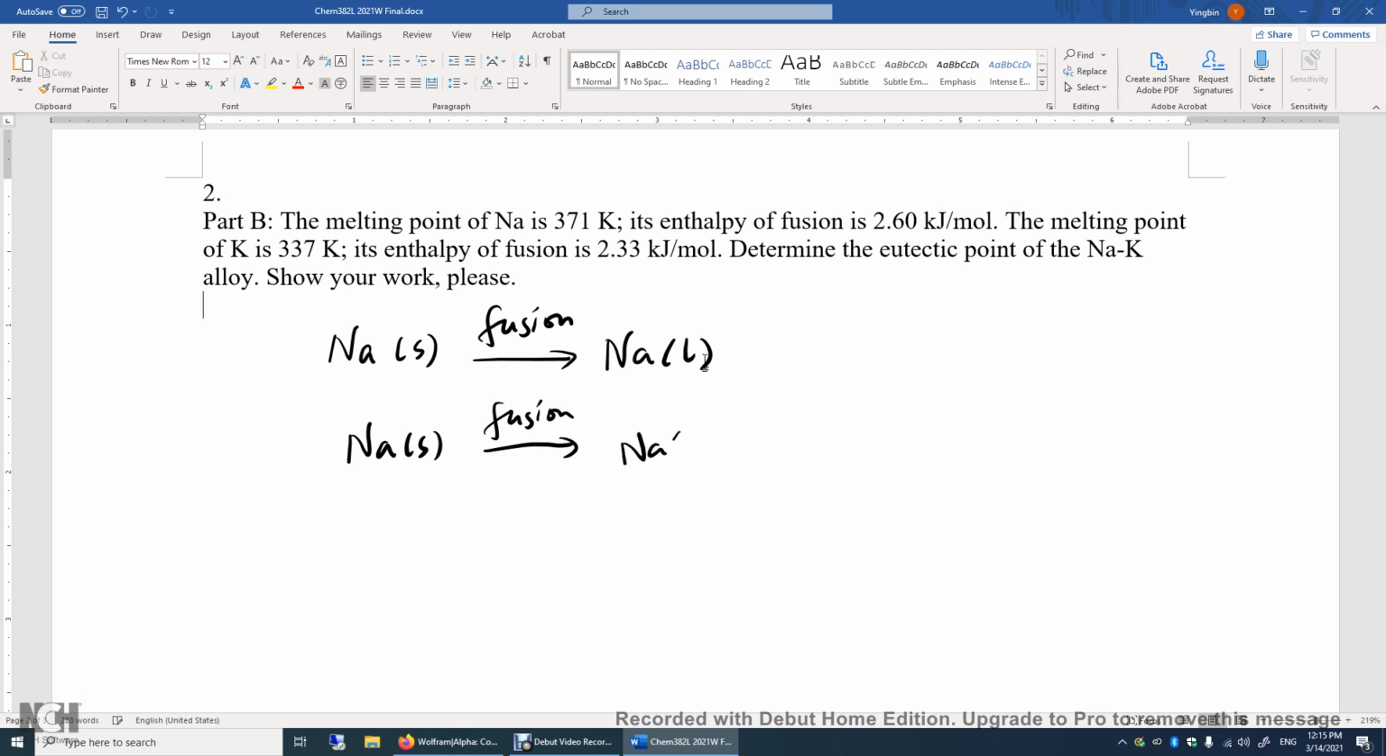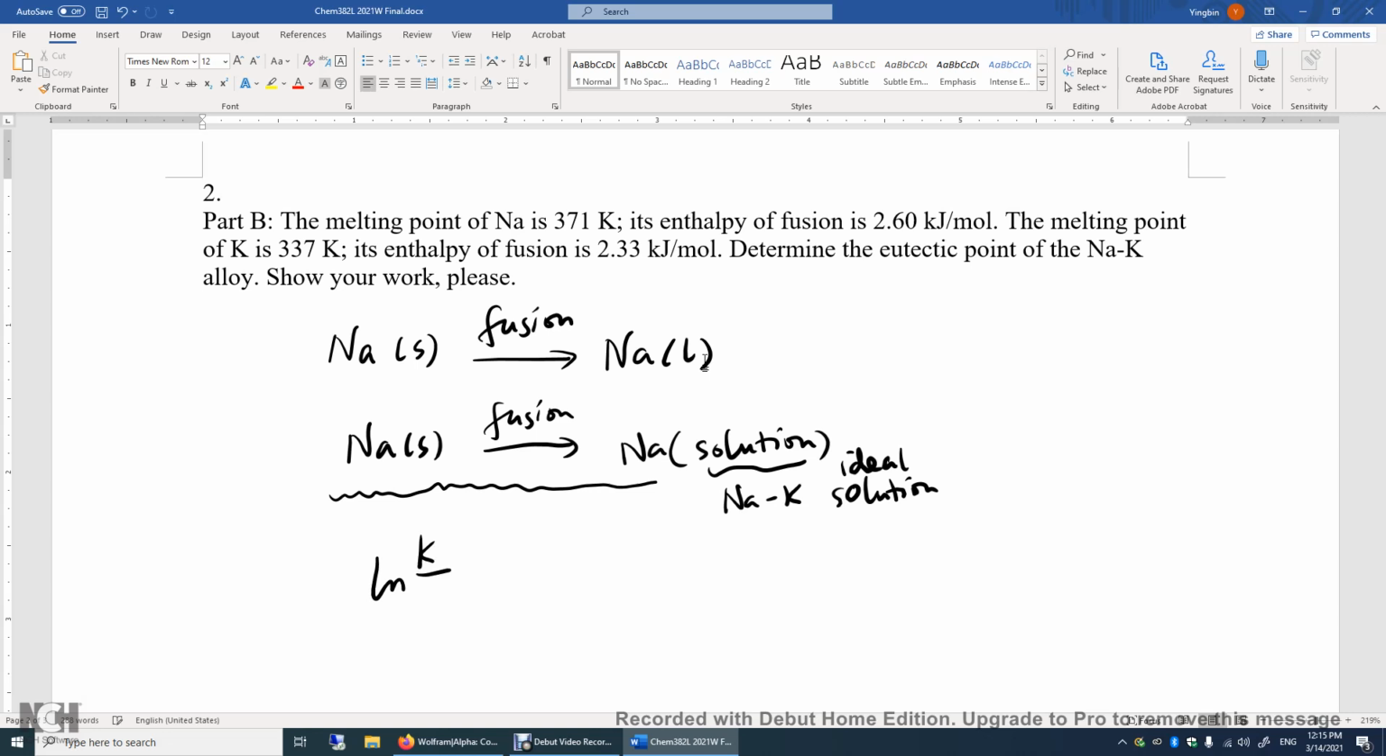This sodium, indeed it's a liquid, but it's actually a part of the solution. And this solution is the sodium-potassium solution. And you can say it's an ideal solution because the chemical and physical properties of sodium and potassium are very close to each other. So when you write out this physical process as if it were a reaction, we can write out this logarithm